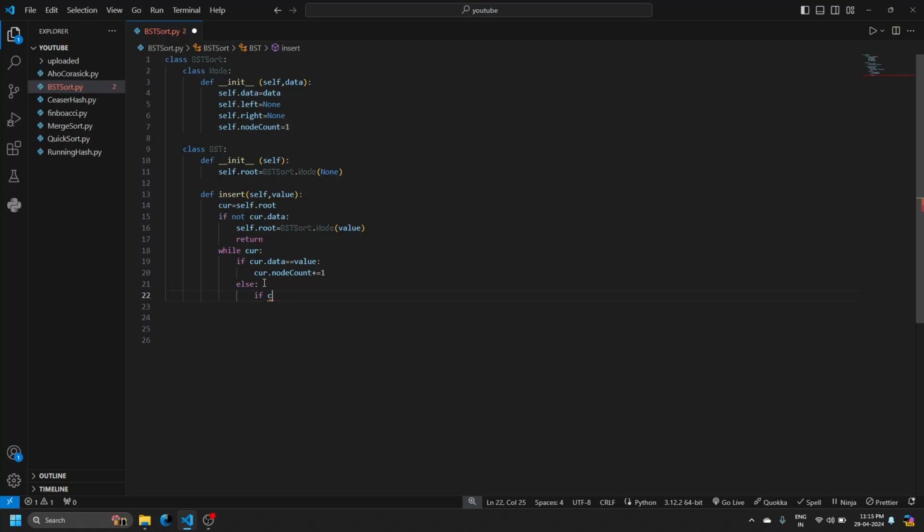Since we are actually comparing with value, let's see value first. So if value is less than the curve dot data, what does that mean? That means the data is greater than the value itself. That means you have to go to the left node. Just like in binary search, if the middle was greater than the target,